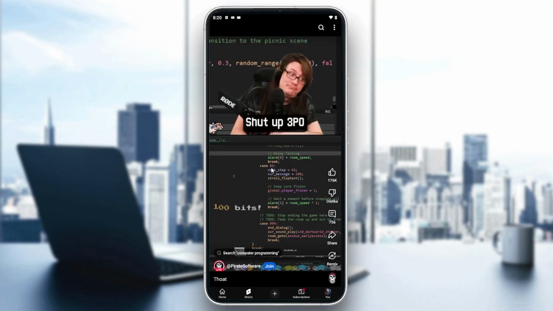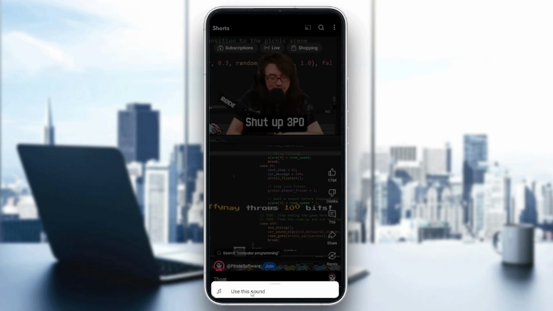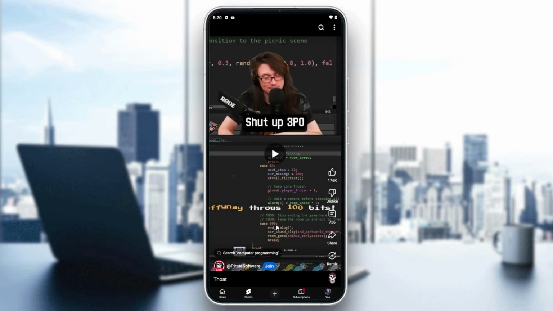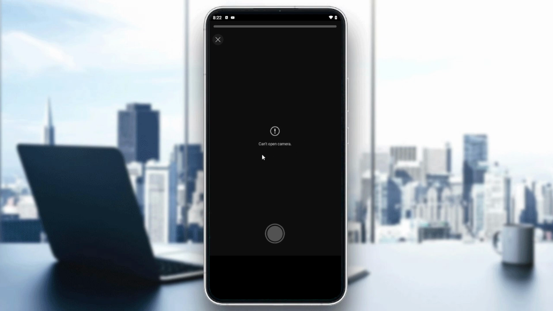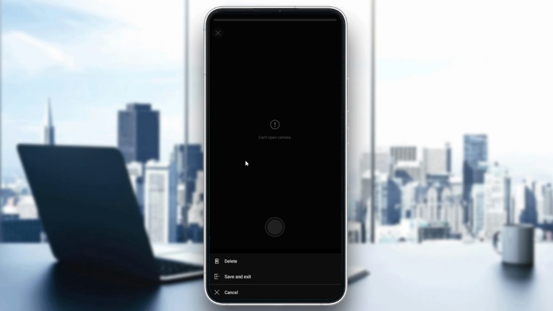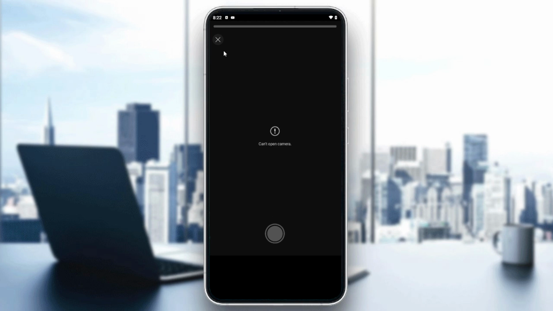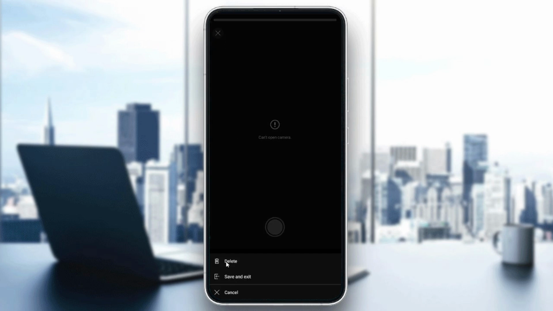And now you will have your clip, and then all you need to do is to start editing on the clip that you have just clipped. So as you can see, it seems that there is some problem with the camera and it needs some troubleshooting. But all you need to do, you will have like a video as a new shorts, and from there you can start adding your text. You can add another voice, or you can just add some modification or do some editing on the shorts